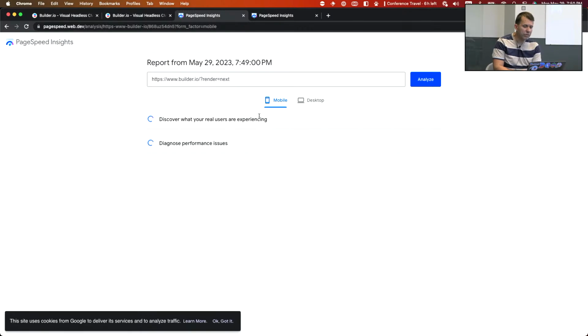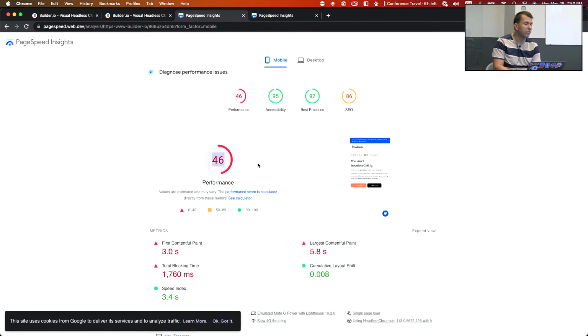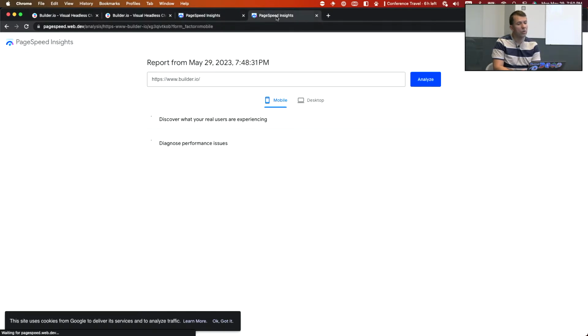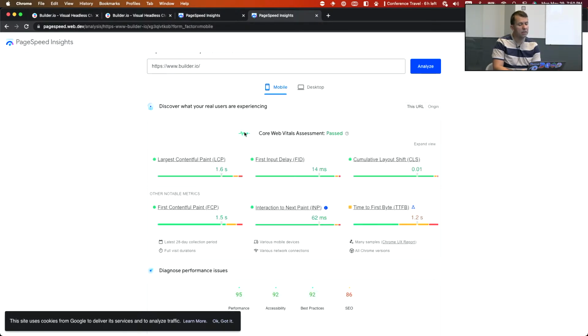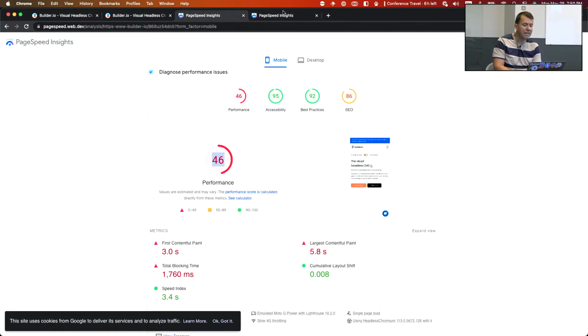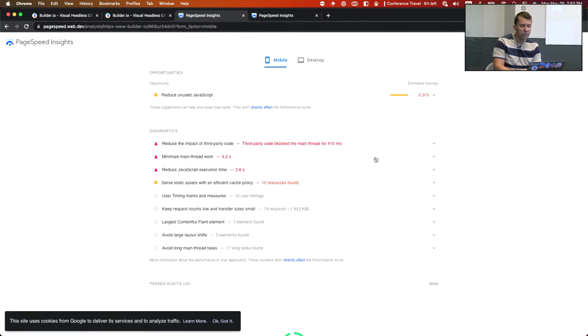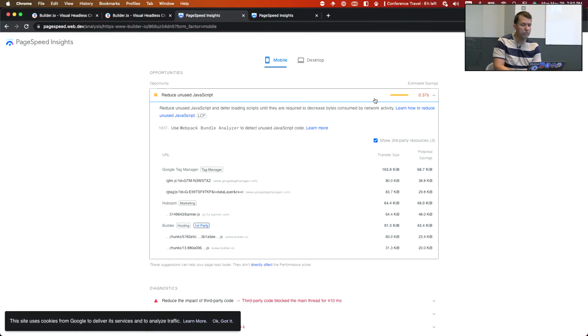And so the result of this is that the Next.js site gets 46 out of 100, whereas the Qwik site gets 95, 97, somewhere over there, out of 100. And it's the same exact site. And notice what you get in terms of advice. It says, oh, reduce unused JavaScript. It's like, great, thanks for the advice. What exactly am I supposed to do? Like, how